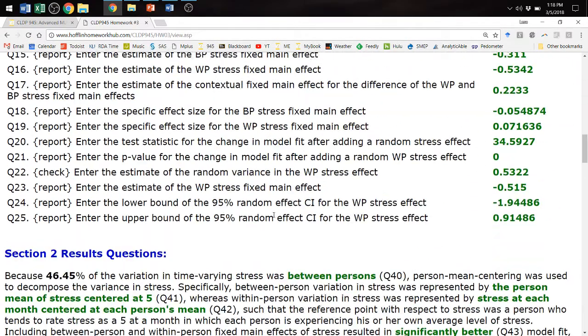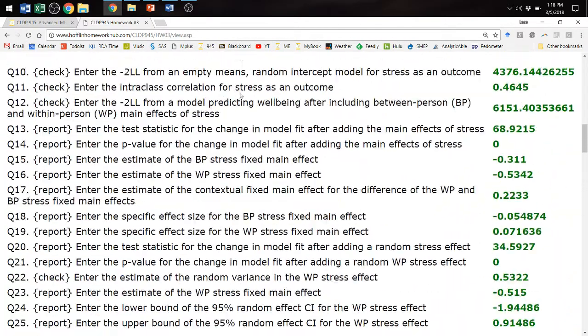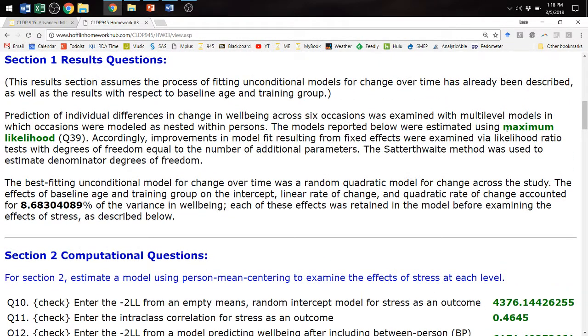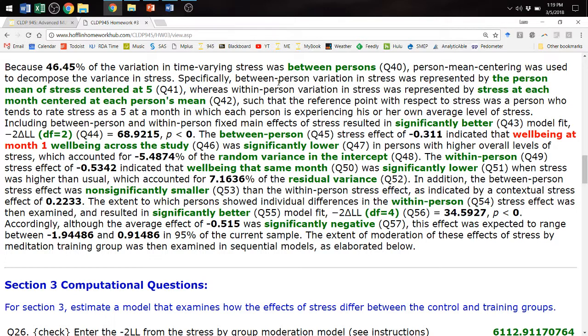So we have, let's see, green questions went pretty well. So in terms of the results, there was only one question in section 1. What kind of likelihood are you using? So there's a giveaway there. If you had gotten all the answers right, you would know that one. I asked you to do person mean centering to enter the effects of stress. This is the method by which we are differentiating between person variance and within person variance in the stress predictor ourselves. So between person is level 2, within is level 1.